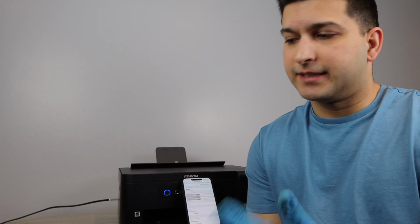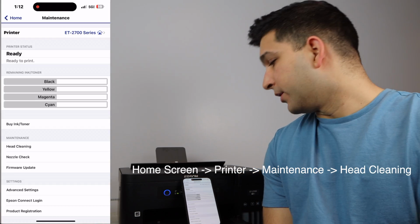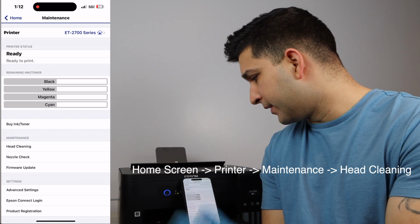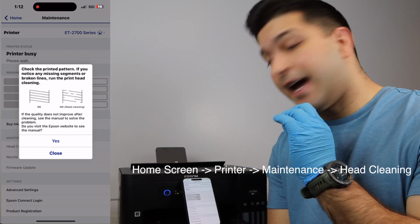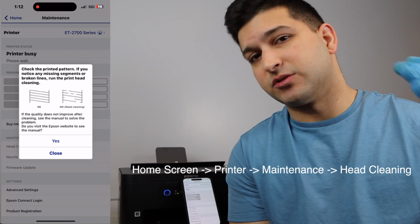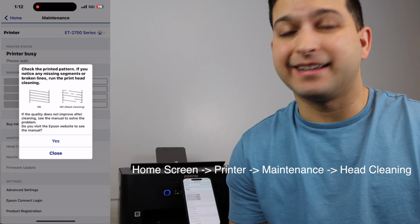Now let's say you're like me and you're using your smartphone to connect to your Epson EcoTank 2700 and you don't really have any options to connect to a computer anytime soon, and you need to do this head cleaning. Well, what you can do is there is a section within the app that you can go to, and you can actually do a head cleaning. It's not a power cleaning, but it's one step below the power cleaning, and it'll get you similar results. And it may just be that you just need to do that